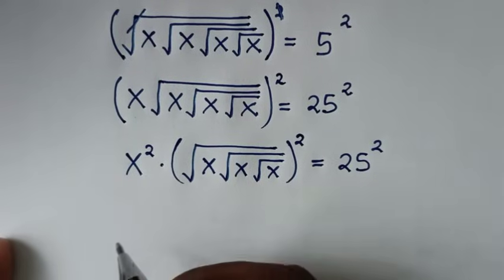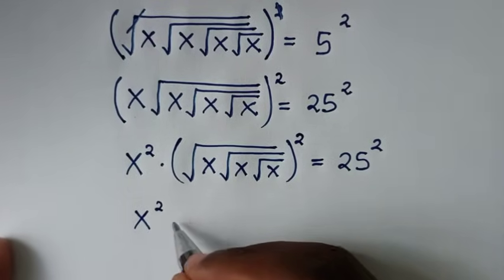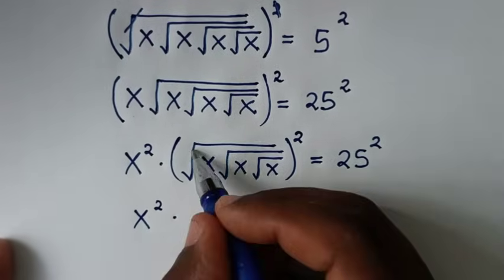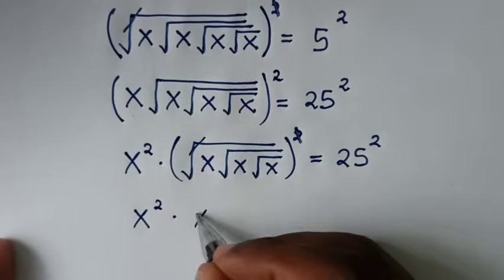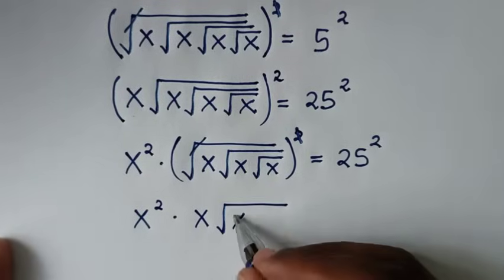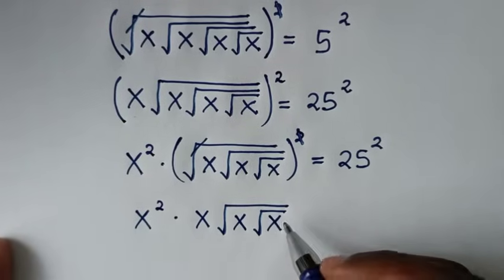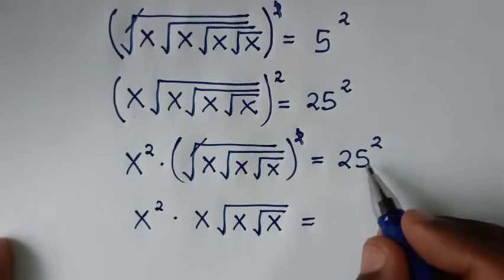Then in the next step, it will be x squared, then times, this square root will cancel this square, so it will be x times the square root of x and a square root of x is equal to 25 squared is